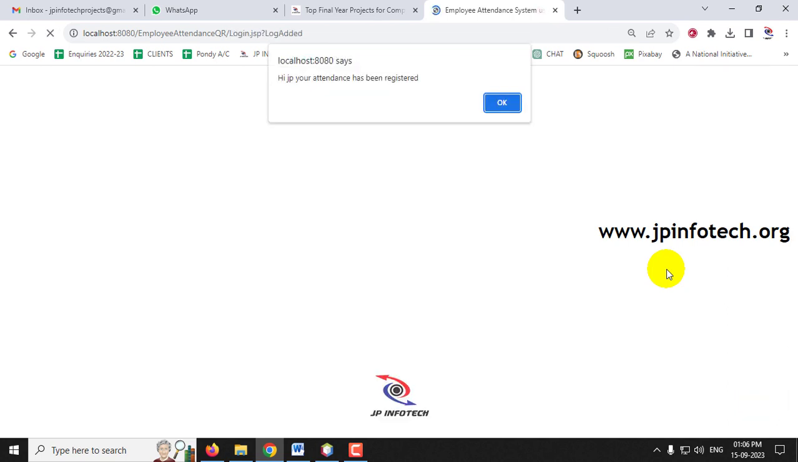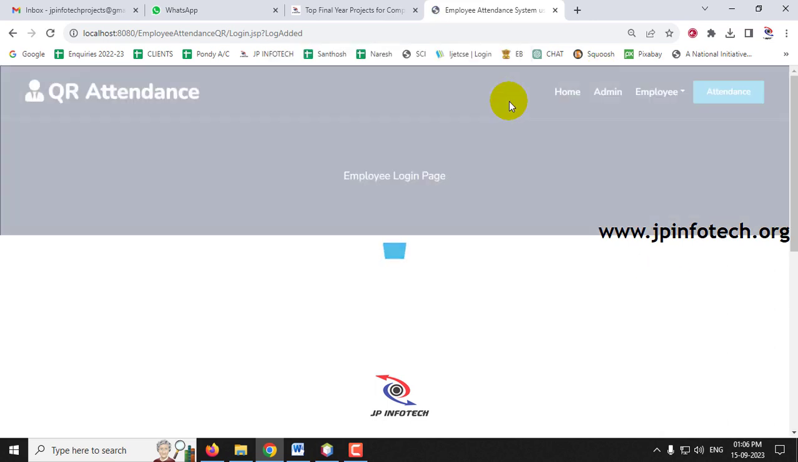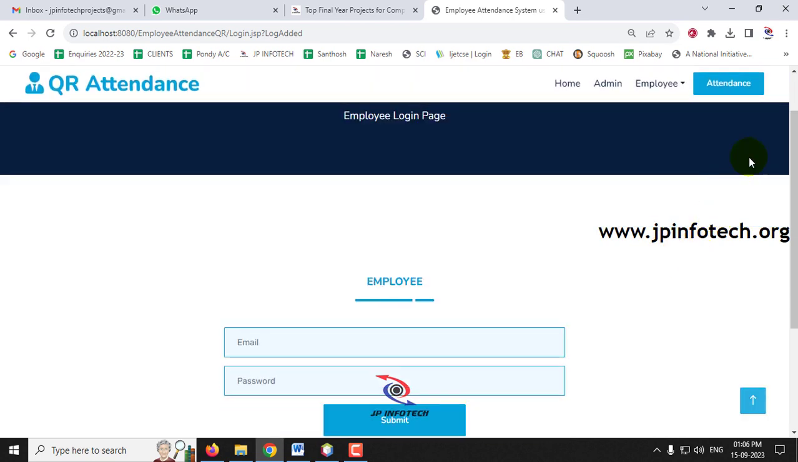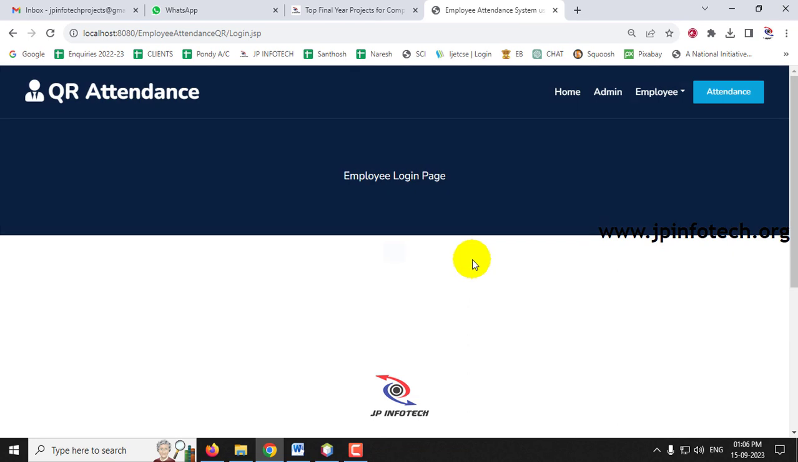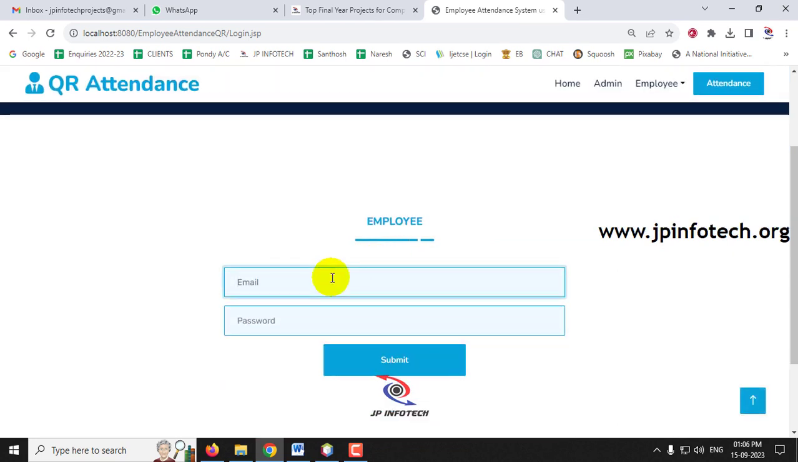So now you can see it immediately scans the QR code and you can see, hi JP, your attendance has been registered, and click OK. So now if I go to the employee login part, the attendance has been registered for the JP employee. So I'll go to the JP employee